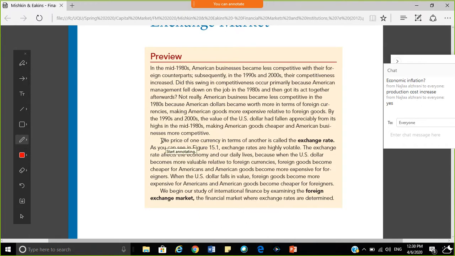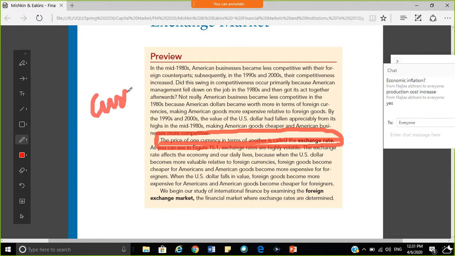So, the price of one currency in terms of another is called exchange rate. So, this is one very important definition we have to remember. Okay, the price of one currency. So, we can say that in case of foreign exchange, the currency becomes a product, and the currency is always